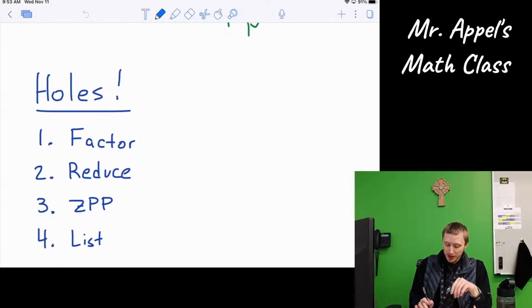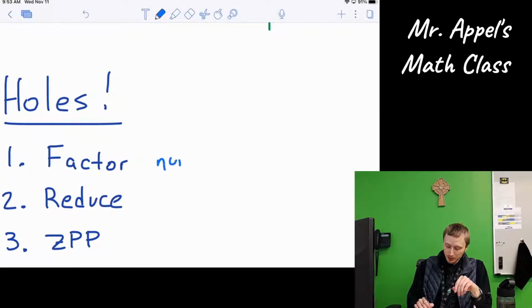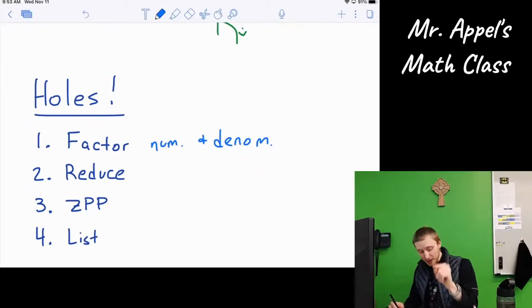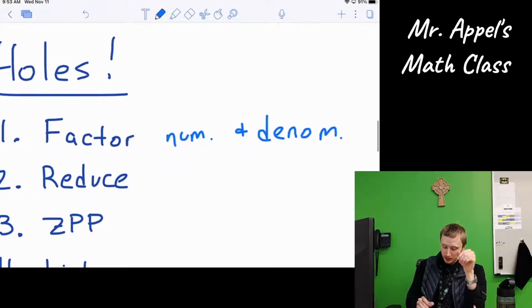I would start by factoring. Factor both sides, factor the numerator and the denominator, okay? And that's going to save you a lot of headache, because right there from the factoring, you don't even have to actually solve for anything yet. You can reduce any duplicate factors,